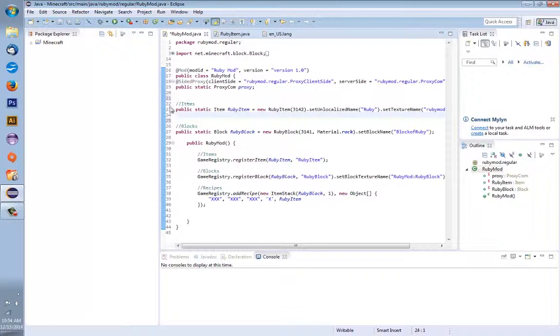So the first thing we're going to want to do is go under our items note and type public static Item, capital I, and then type RubyPick. Then type space equals space new RubyPick. Open parentheses. You can see we are going to make a pickaxe right now based on what I named it. The first thing you're going to type in these brackets is your ID. So I'm going to put 3143, and then type a comma and space and type RubyM, capital M,